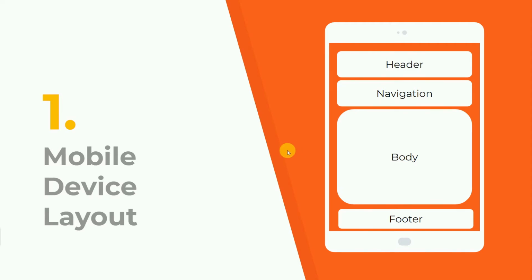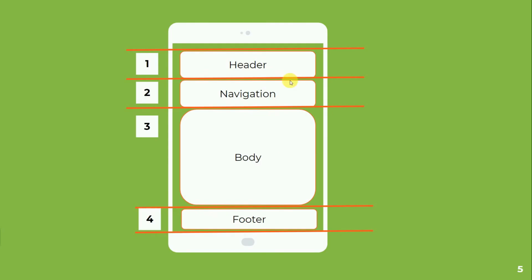In order to create a layout like this, you have to imagine the layout in terms of the grid structure. So here I have specified how we can imagine the structure in terms of grid structure. You can see here only one column. I actually never showed the column number here because there is only one column, but you can see here we have the rows, because in mobile devices we have to think in terms of rows. So we have to arrange our content in terms of rows because the width of mobile devices is, you can say, limited. So we have to arrange our content in rows.